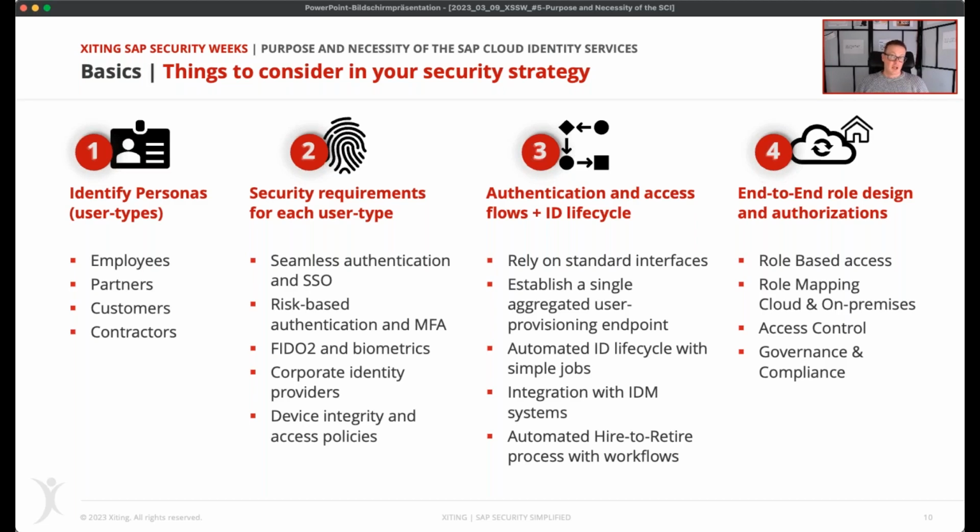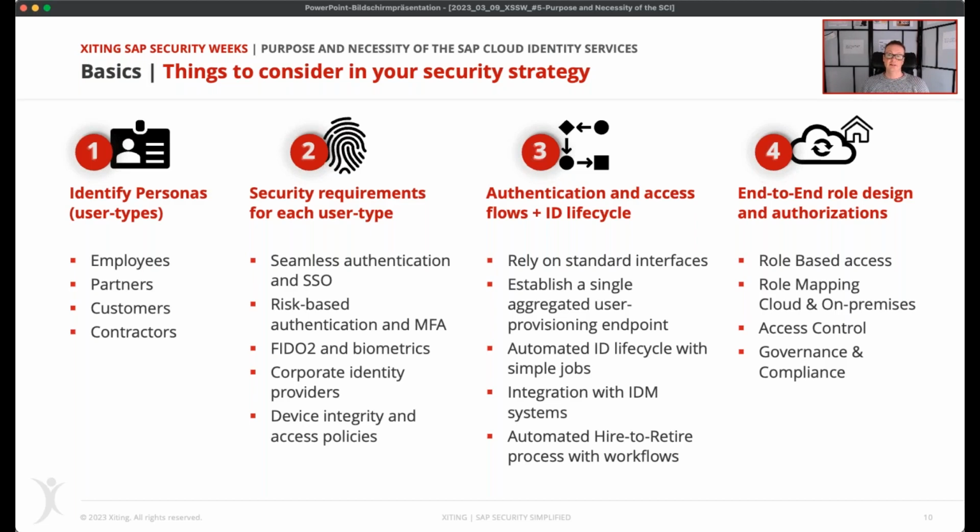And when it comes to authentication flows and identity lifecycle, clear automation should be the target. In such a world with multiple applications, it's no longer a good idea to manage users manually. And lastly, in step 4, we can see that there's access governance related to authorizations. You need to manage and prevent access risks because employees' functions or roles may change, and this may lead to conflicts that are really hard to detect without a GRC tool.